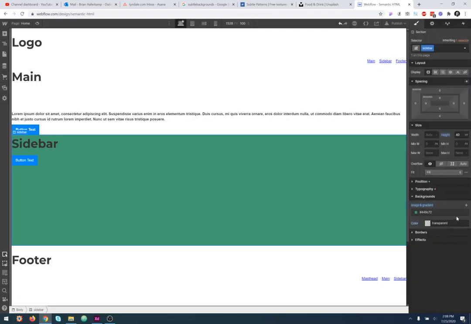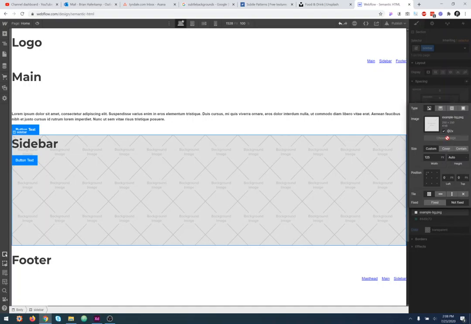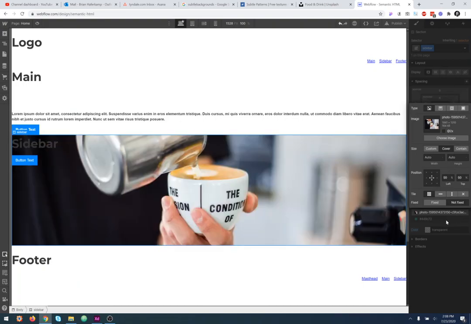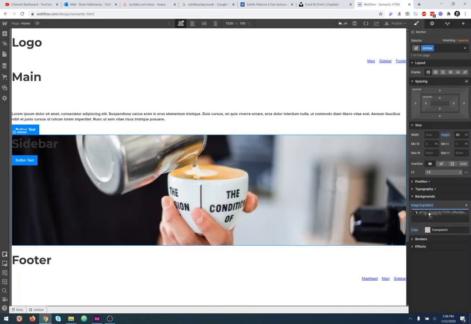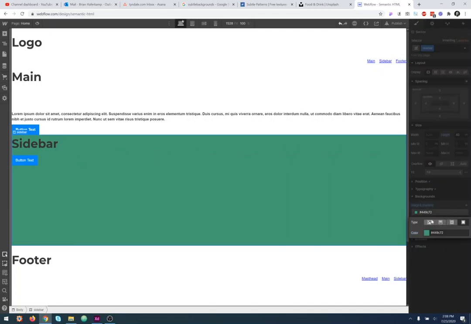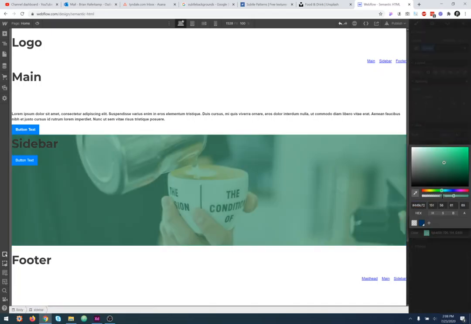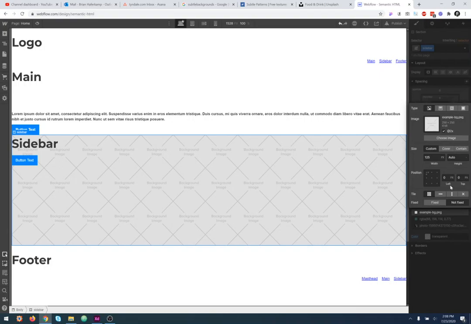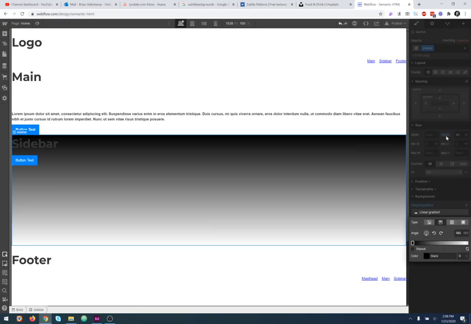You could theoretically add multiple backgrounds so that if you had, let's say, a background image with cover, center, and I'm totally making this up. And if I put this green color over the top of it with a little bit of opacity, then you can see that I'm creating sort of a color overlay. So it allows me to put two background pieces over the top of one another, and then you could even add a third with a linear gradient. What would it be? Like this, and maybe something kind of cool, and